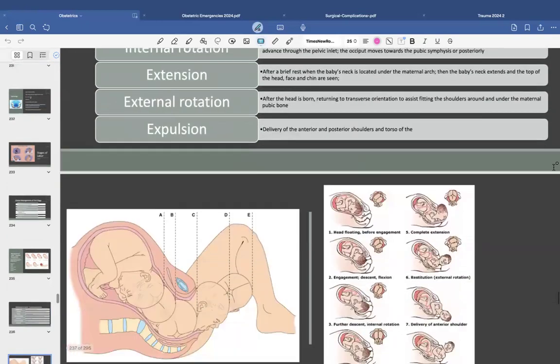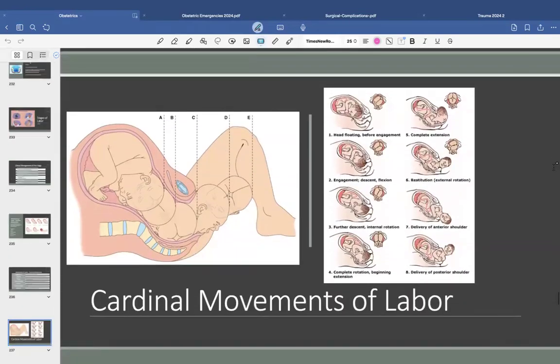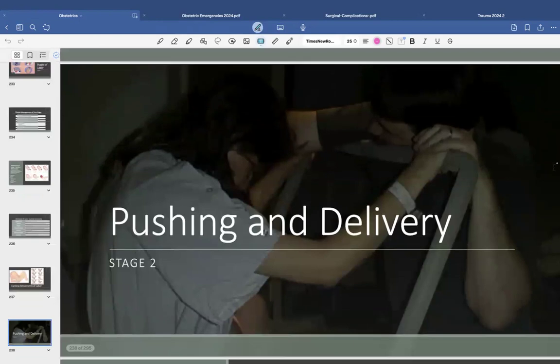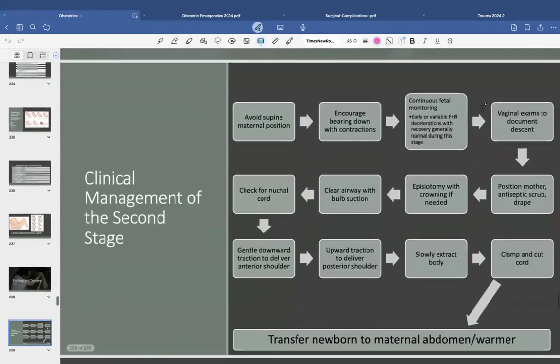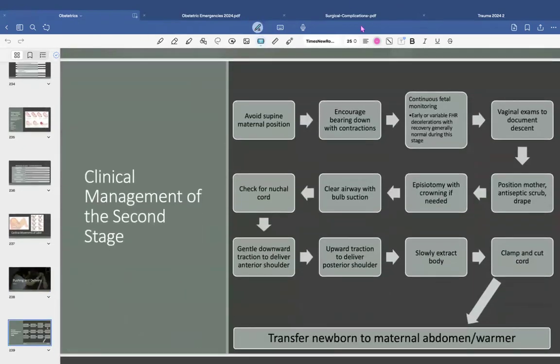Now we're getting to the pushing and delivery. We'll take a break and then we'll start pushing and delivering the baby. Let's come back at